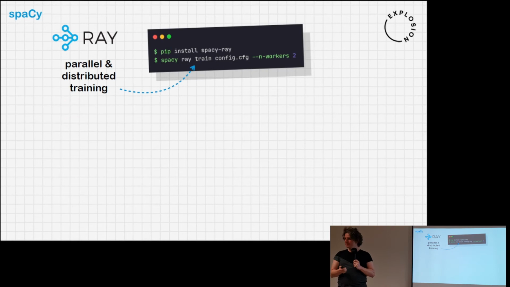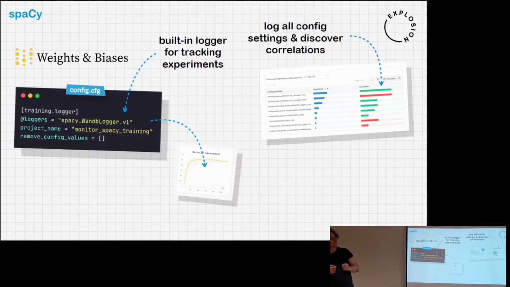Yeah. Here, one thing that's pretty nice about the config as well, in combination with experiment tracking, is that, of course, the config is reproducible and describes everything about your training process. So for the Weights & Biases integration, we're actually logging everything. You can't really see that here probably, but it's logging by default all of your config settings, including even the registered functions. So Weights & Biases, like most of these tools, provides insights into how your different settings impact your results, what could be correlated, and that also will include the registered function.